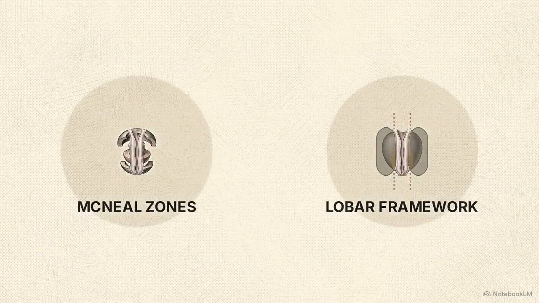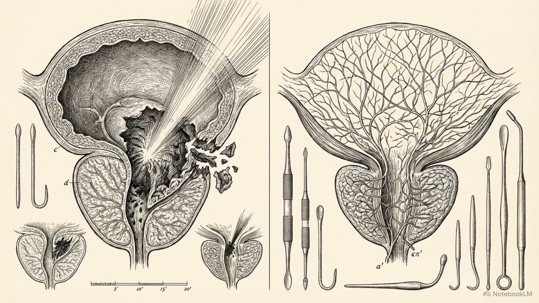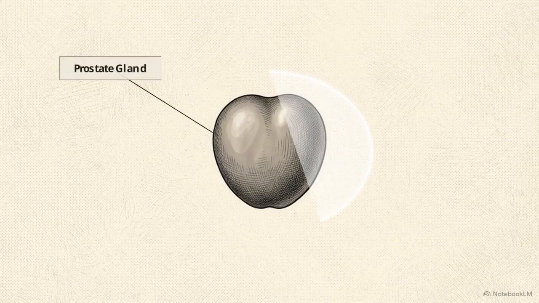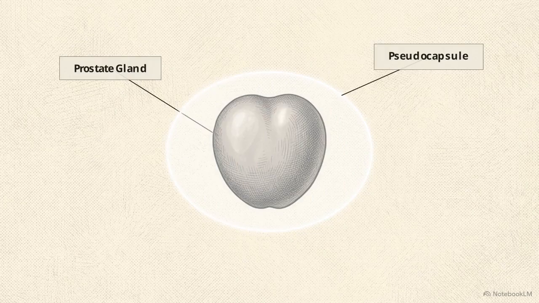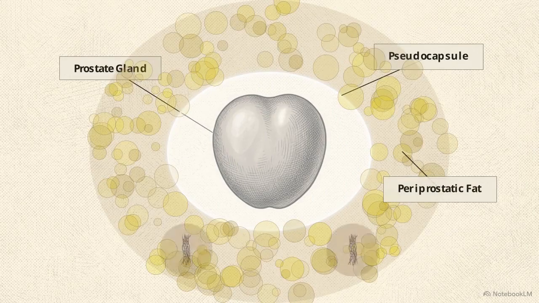In the context of oncology, surgical success is defined by a set of outcomes known as the pentafecta. The primary goal is total oncologic control, balanced against the preservation of the patient's continence and erectile function. Meeting these goals depends heavily on mapping the pseudocapsule. This is a thin layer of fibromuscular tissue forming the definitive boundary between the prostate gland, the surrounding periprostatic fat,